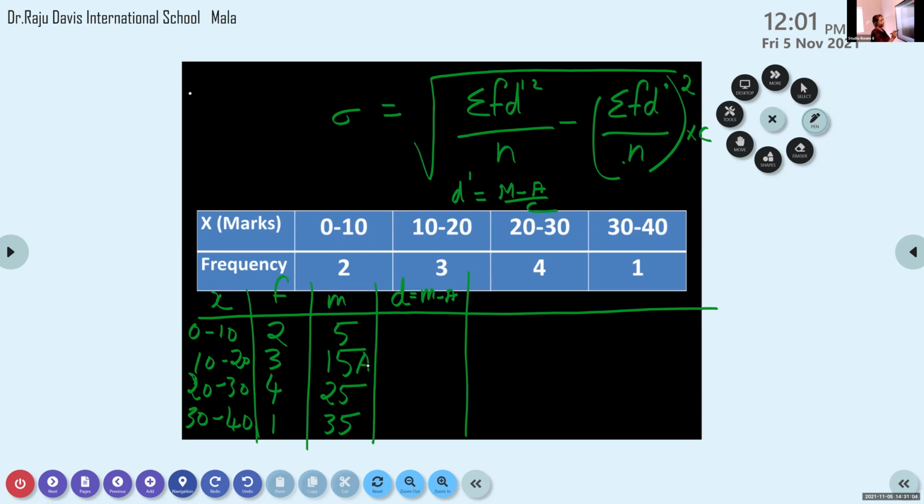You have done this D is equal to M minus A. You can see the previous question where it is done. So if you want directly, you can see that. For example, the first one, what will you get? Just see that and tell me what will come for the first. Anyone? First is minus 10. Minus 10, okay.